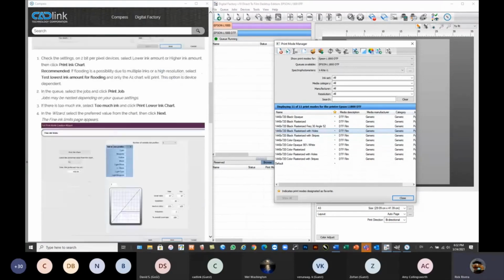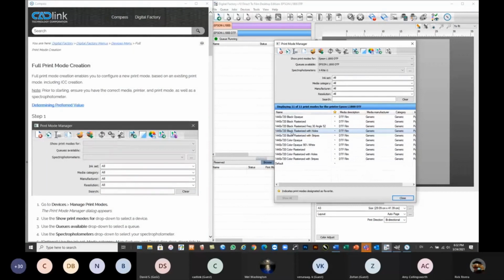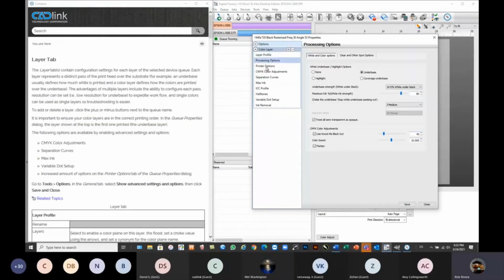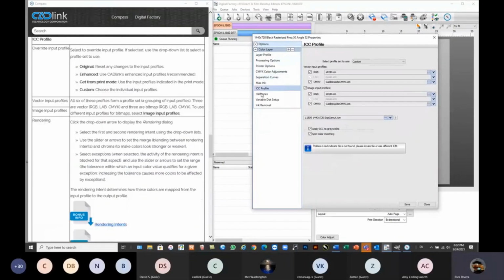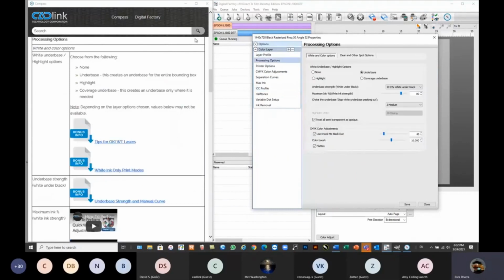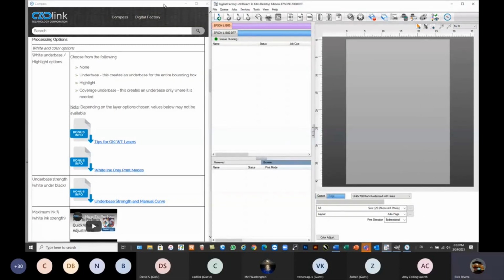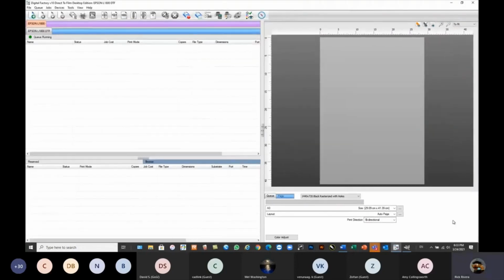Okay. If I open up the print mode, go in here, okay, so it's going to cover all the settings of the printer, and so forth. And a lot of times we'll have bonus documents. We have links to videos. Now, don't worry if the videos are not DTF specific, okay? Our RIP, okay, this is the RIP. This particular interface